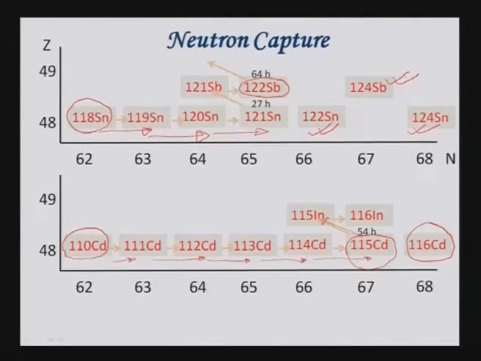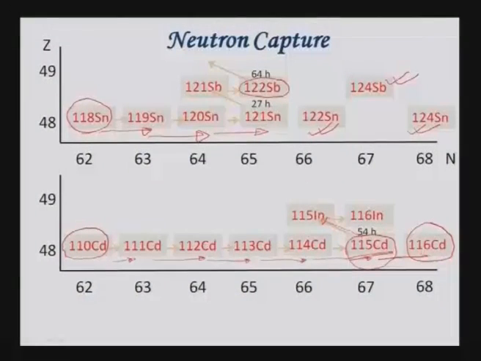If you have too many neutrons, the time scale of one neutron coming and the next neutron coming becomes so small that a beta decay lifetime is much larger than this time, then it will jump these beta active particles, right. For example, 115 cadmium here is beta active with a lifetime of 54 hours, but if neutrons are available every millisecond, or every microsecond, then before it beta decays, it can absorb another neutron